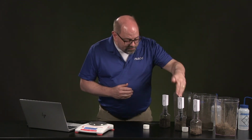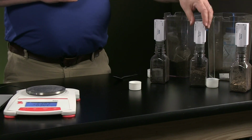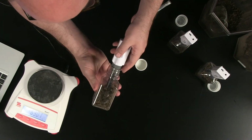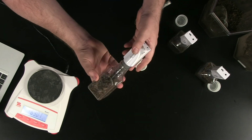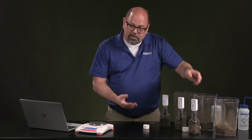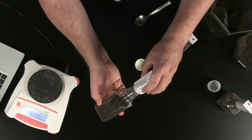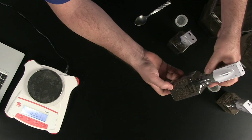Now, as I was saying, this is very dry soil, and even the stuff that was under the trees, which was shaded, is a little darker. You might notice as I pull this forward, you can see that the soil's in clumps. As much as we tried to break that into the smallest pieces possible, that's what it looks like. This came from out in the prairie. No shading, just grasses around it. This one was underneath a tree, which is great. You can see it's very dark. It's got a lot of organic matter inside of that, with lots of little pieces of organic matter like tree bark or needles